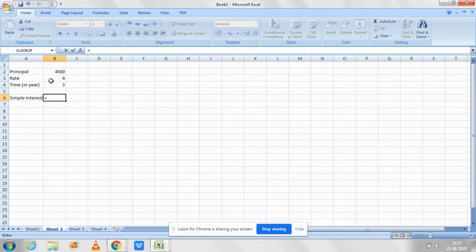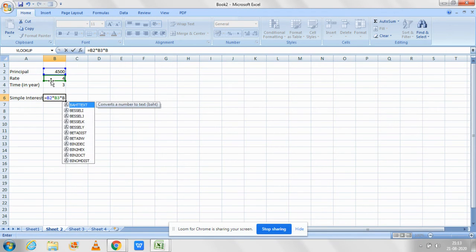Principal multiplied by rate multiplied by time divided by 100. So B2 multiplied by B3 multiplied by B4 divided by 100.